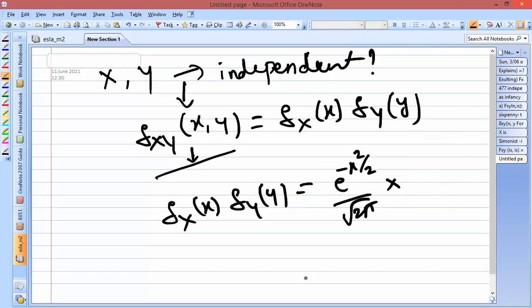If you multiply these two, what do you get? Root 2 pi times root 2 pi is 2 pi in the denominator, and in the exponential, in the numerator, you'll be getting minus of x square plus y square by 2. Is it the same as fxy of x comma y? It is not the same. So here fxy